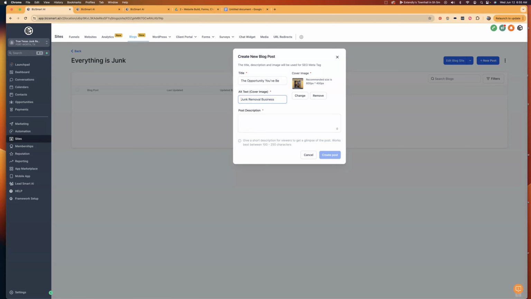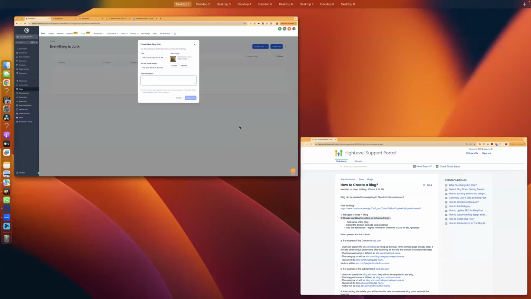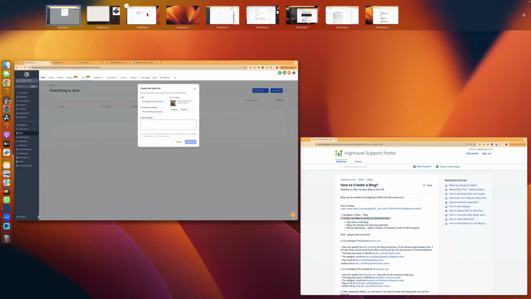Let's go, the junk removal business is a profitable industry with an unlimited. I'll say so. I'll leave it at that. I'll just say it's a profitable industry. Okay. And then we'll go to the description. And I think what I'm going to do is